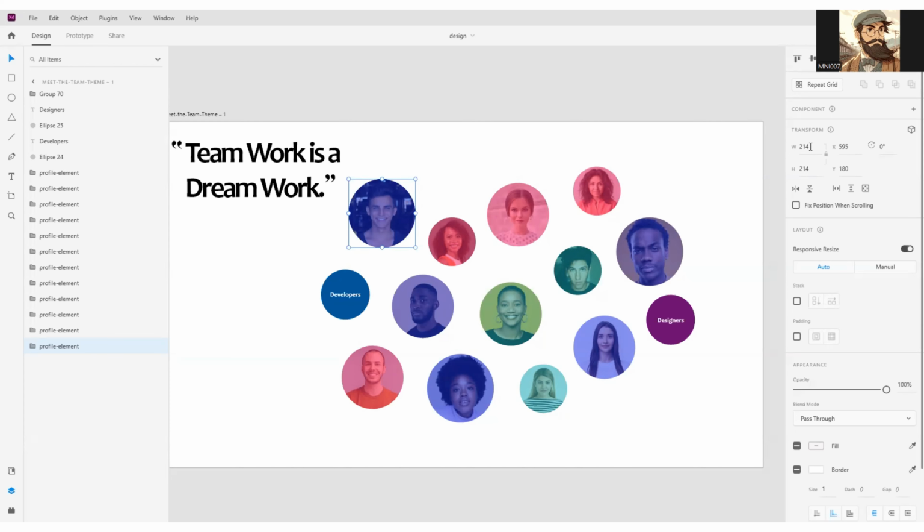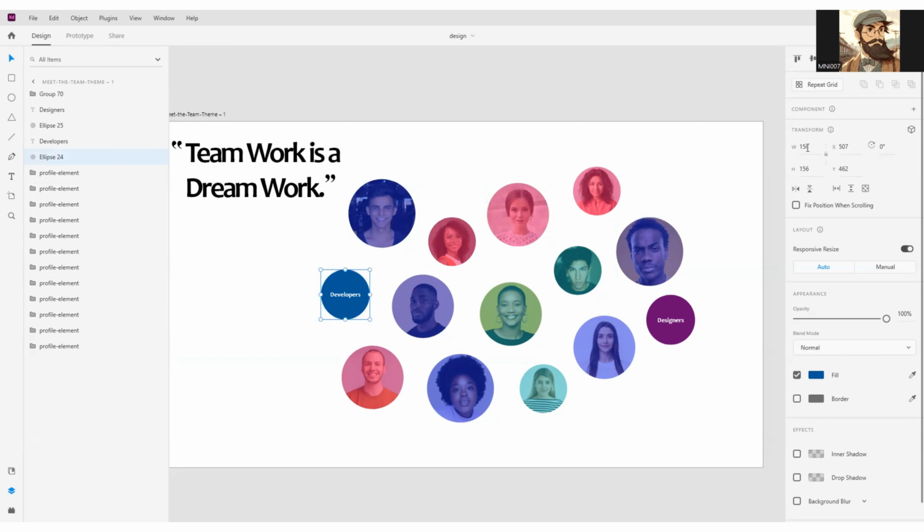So if we have this width, then its radius should be half of that. So we are recording different radii, and we also have the group. Group has a separate radius. Basically, both of them have same size. So we have to record these, and then